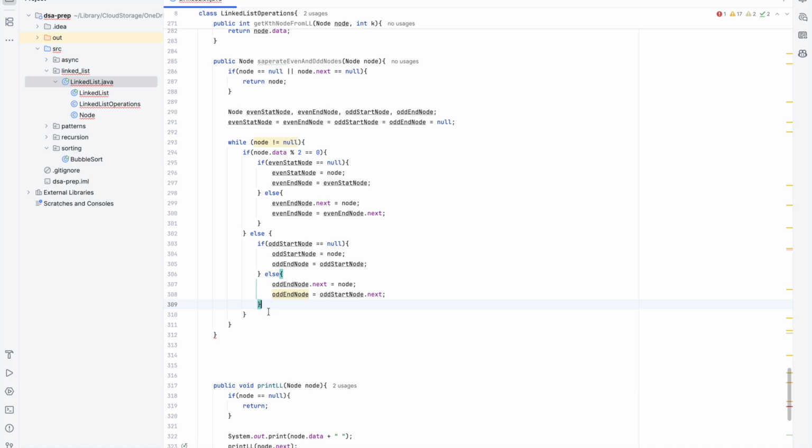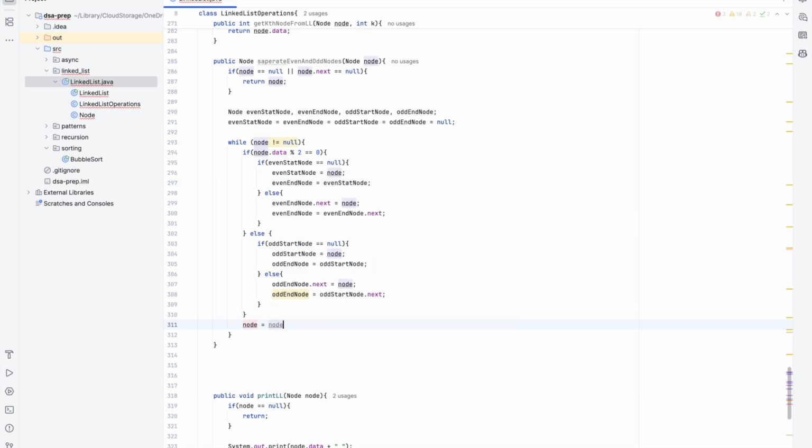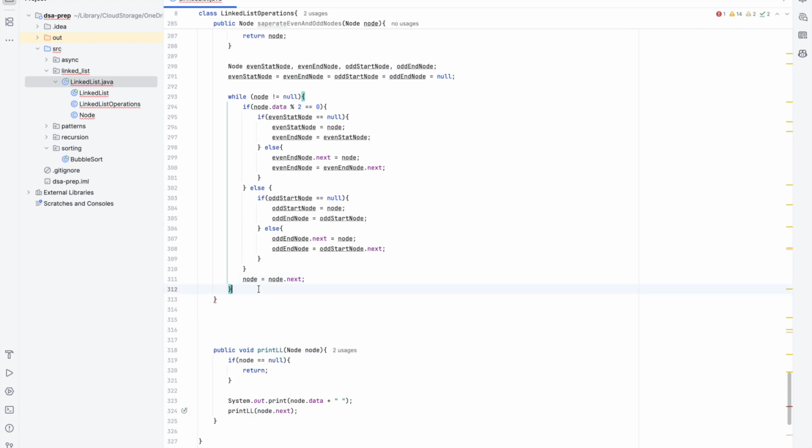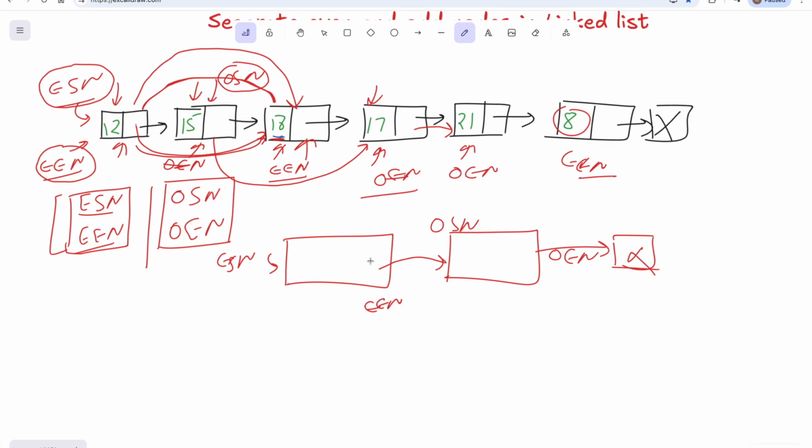Okay, and then after that we can keep on moving this particular node: node equals to node dot next, simply. Okay, so this is what we have done, and at the end, as I told, we will be having two lists here, which will be even starting node and odd starting node, and even end node and odd end node.